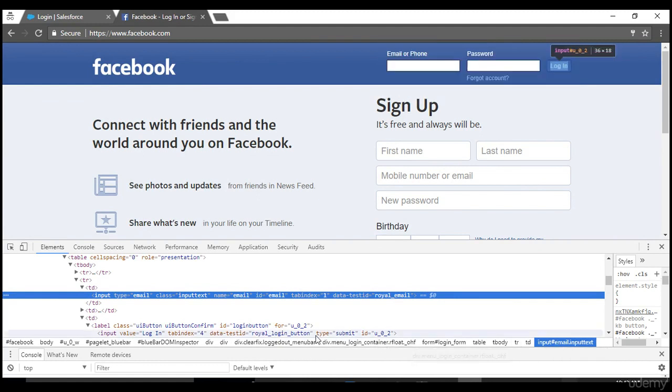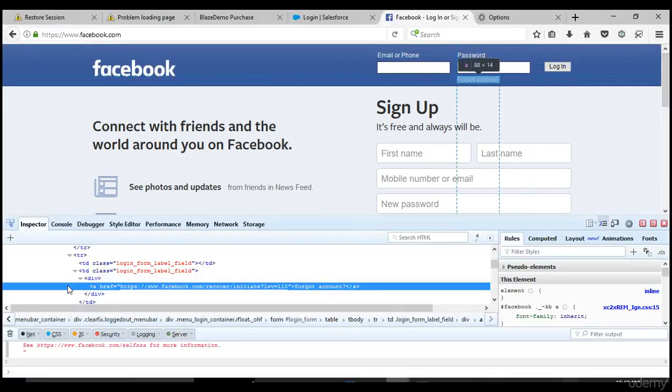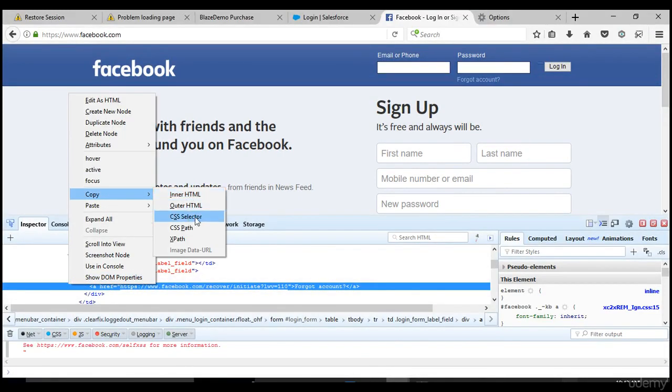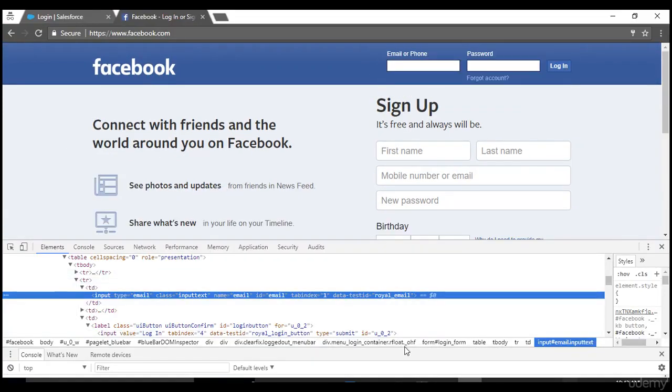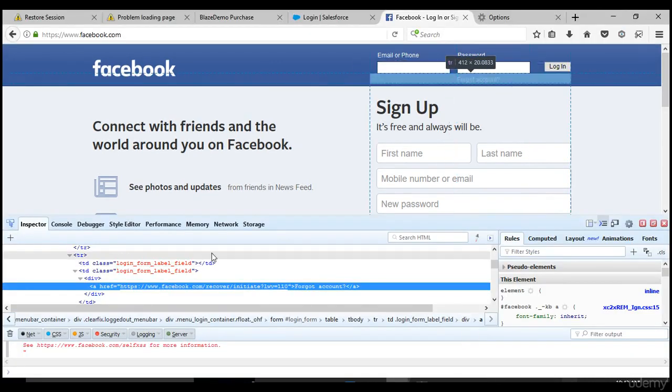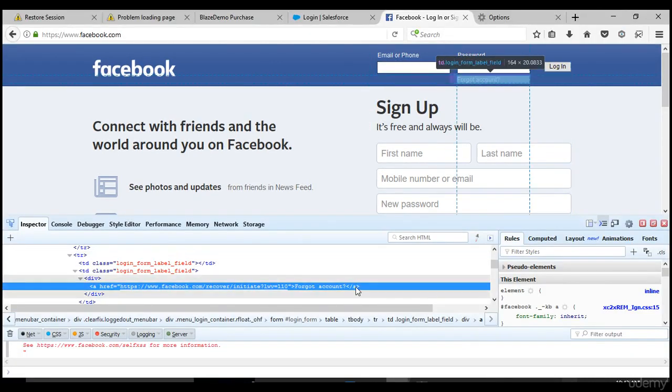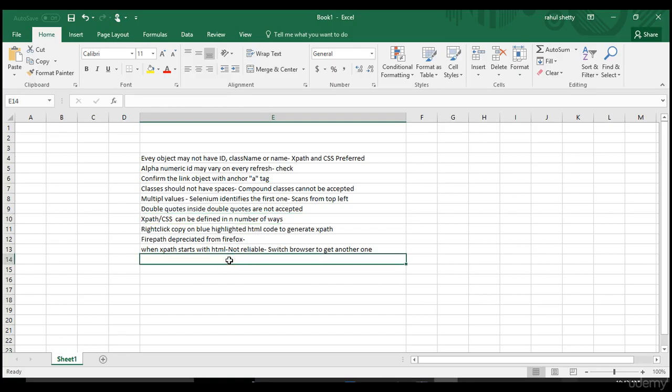So if you don't want this, then take the CSS from Firefox. You can just right click on that and you will get the exact CSS. Okay, it's up to you, because some people say that they are only comfortable working in the Chrome browser. They don't want to touch Firefox. In that case, you can do it like this. So it's up to you to decide. But let's write that point here.